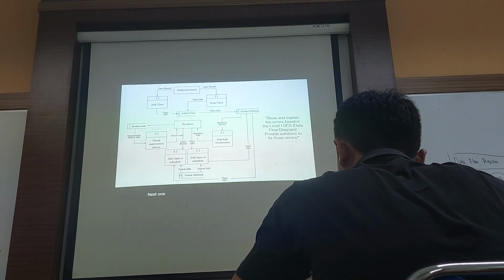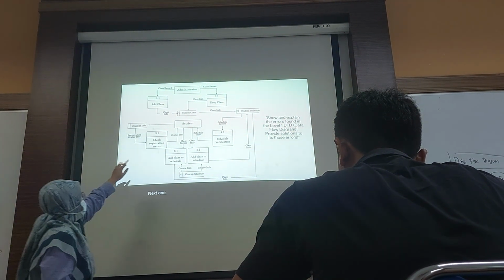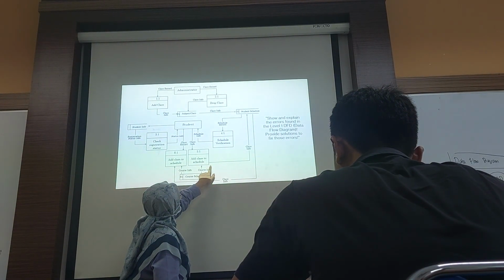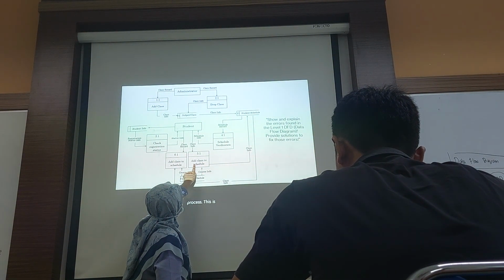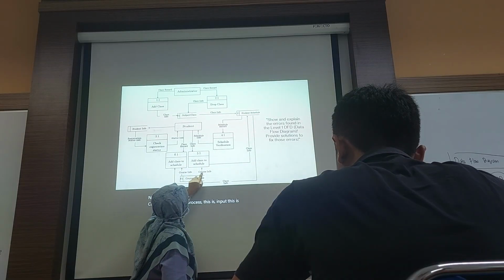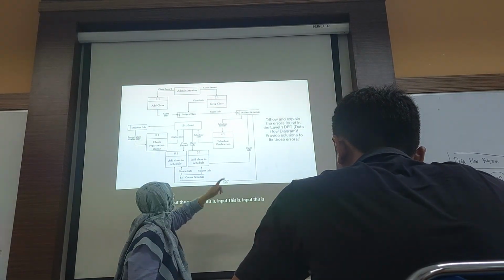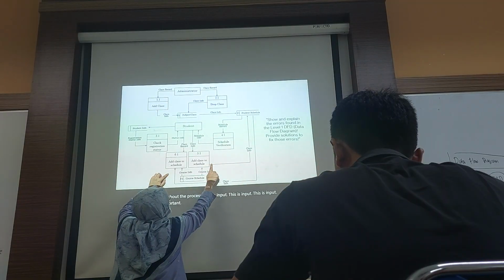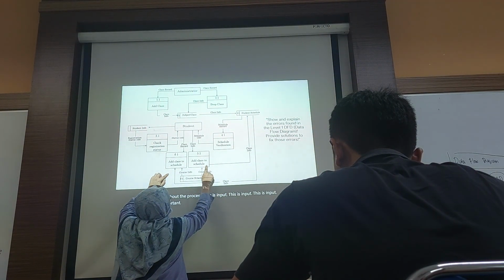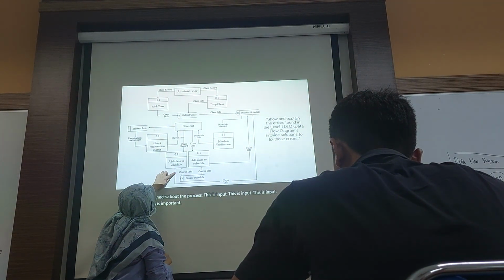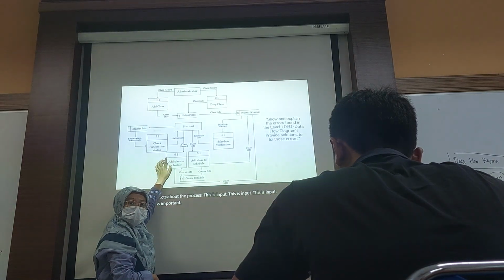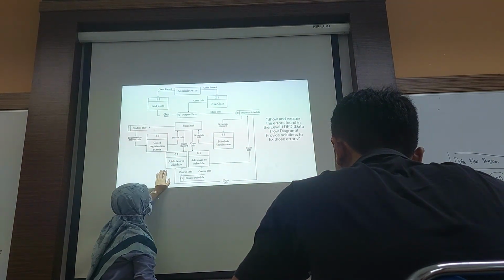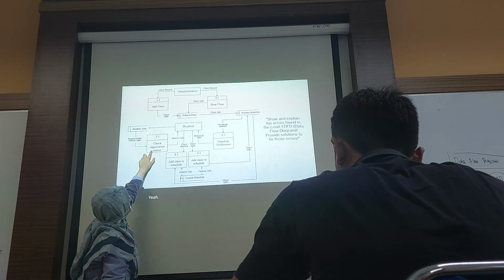Okay. You only this one because that's about the process. This is input. Input, output. This is input, this is output. But this one, input. There is no output. For 6.1, there is no output. We call it a black hole.